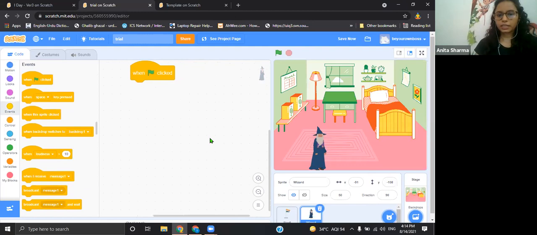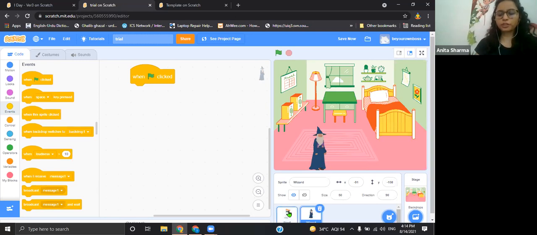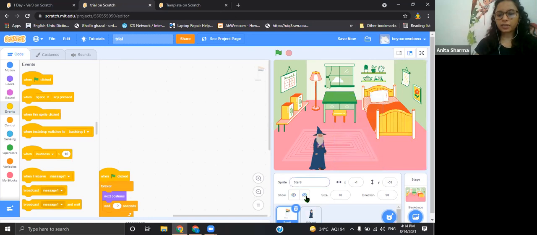Ma'am, when I was picking the wizard, the Independence flag and the wizard came in the same backdrop. All right, what you can do is hide this flag. Do you see there are two buttons just beside show?